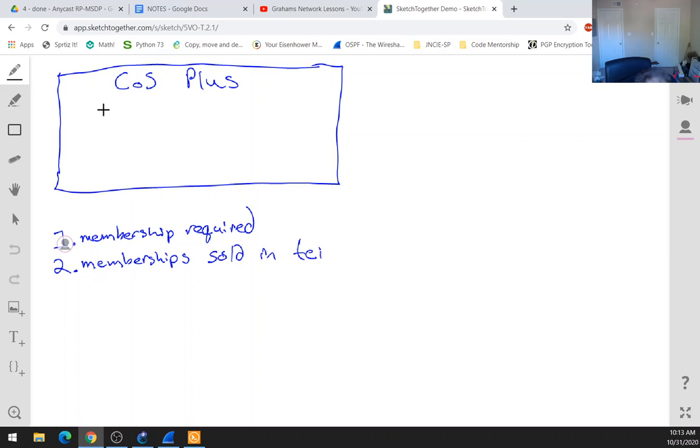Oops, it's TIERS. Okay, so the membership is required and the membership is sold in tiers. And actually this is not exactly true in the case of MPLS, because there is such a thing as just not having a membership and not getting any of the extra perks and bonuses of having a membership. Okay, so let's modify this. We'll say membership required for bonuses,